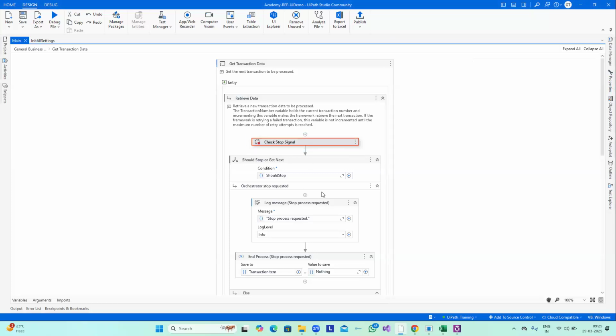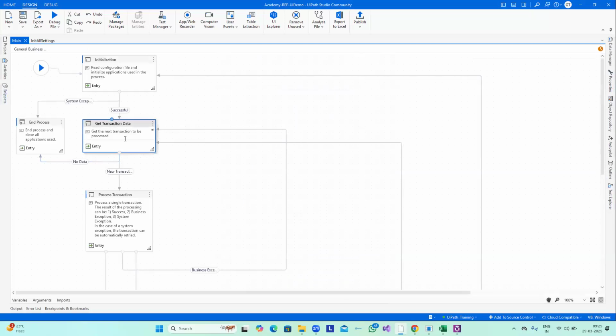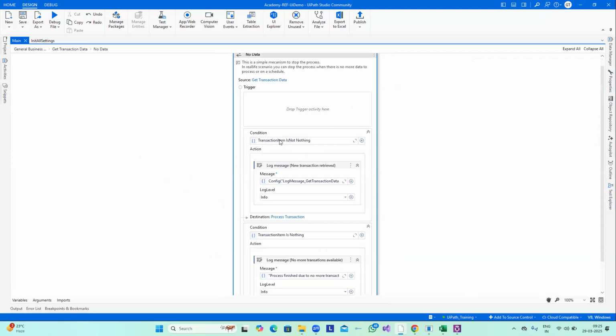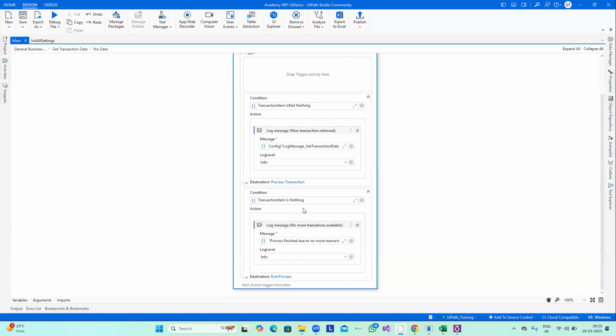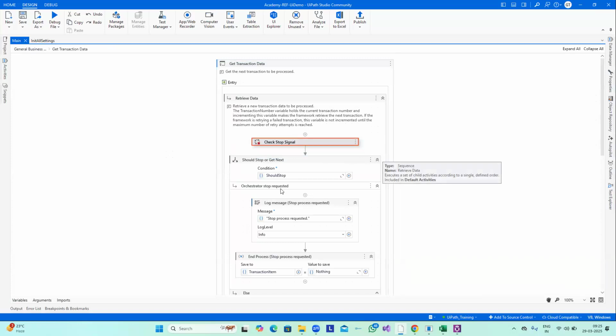If it is true, it says stop process requested, then it will mark the transaction item as nothing. If you see your state over here, you can see the no data transition. Whenever the transaction item is not nothing, it will go to the process transaction data state. If the transaction item is nothing, it will go to the end process state. Means that if anyone presses this stop signal from the orchestrator job,